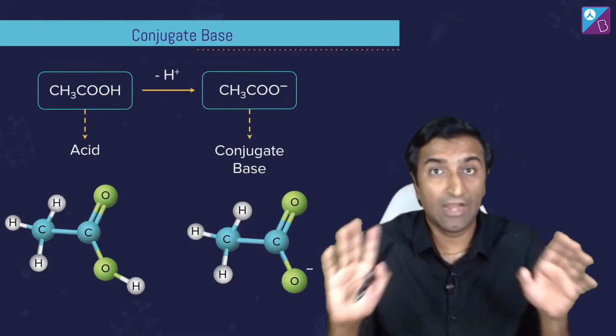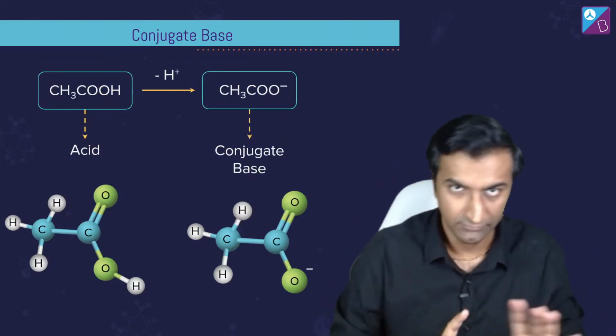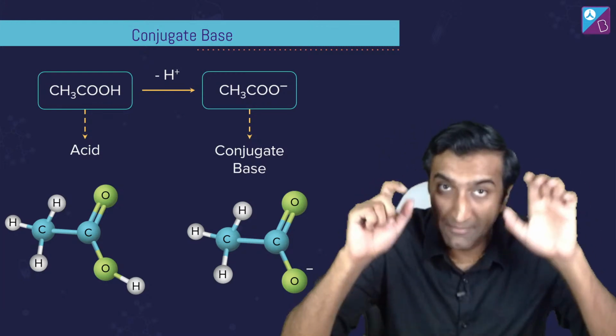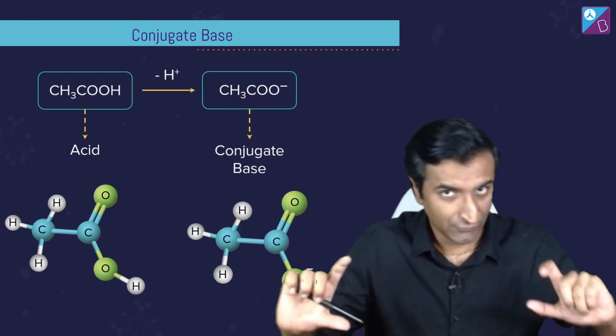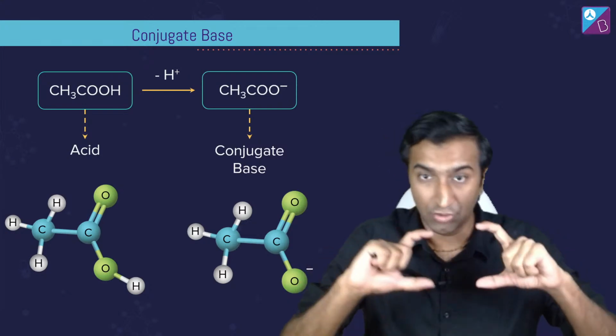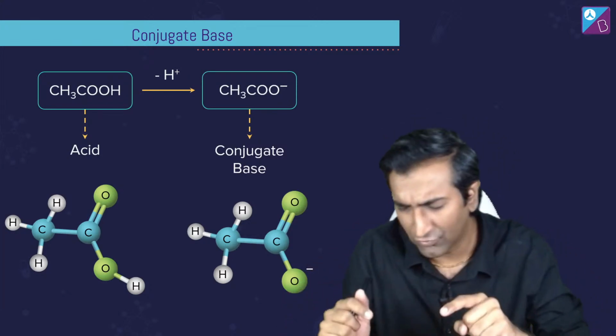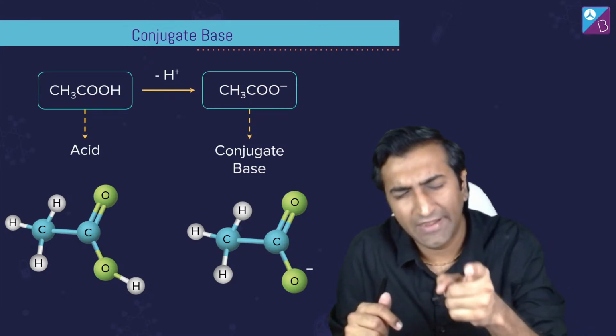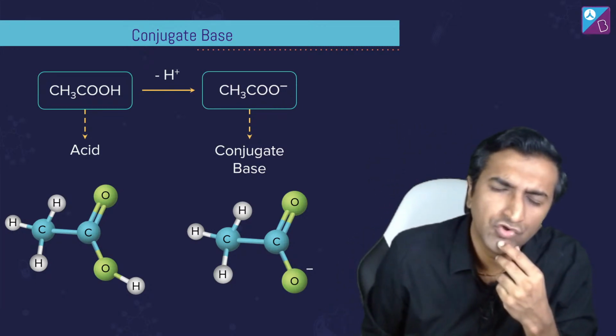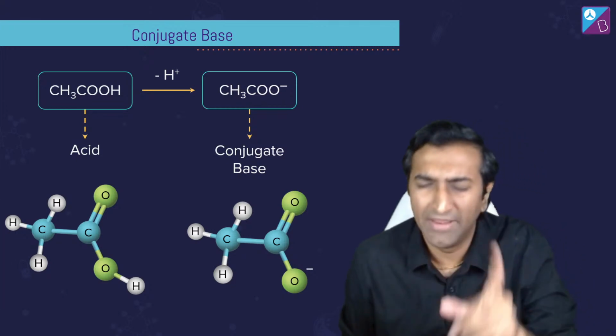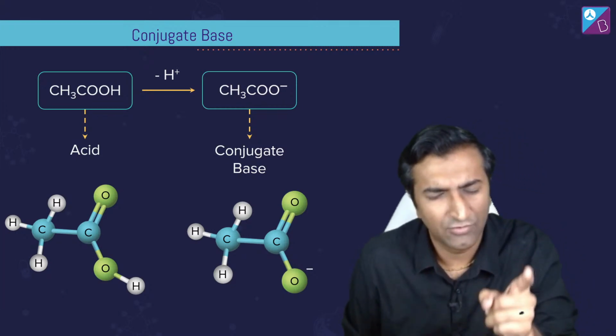ठीक है? Any doubts in what is a conjugate acid, conjugate base? They are two sides of the same coin. They must coexist. That is why the best way to look at them is together, a conjugate acid base pair. ठीक है? So, if I were to ask you now, कि अच्छा यार अमोनिया का conjugate acid क्या होगा? अमोनिया का conjugate acid मतलब अमोनिया बन गया बेस.